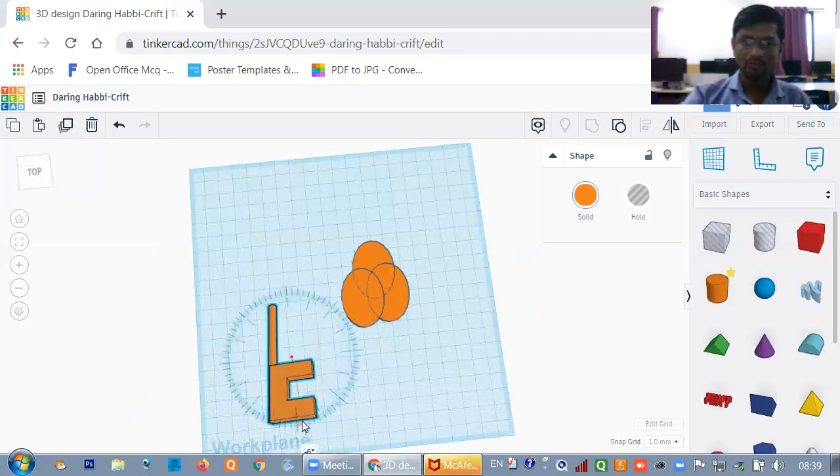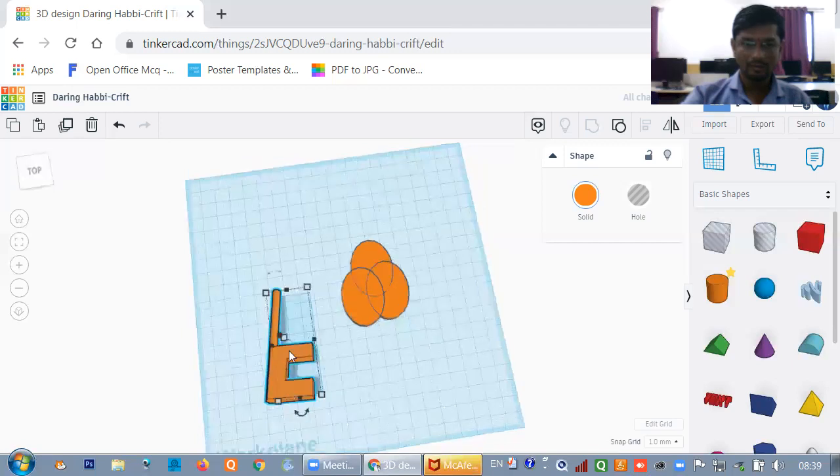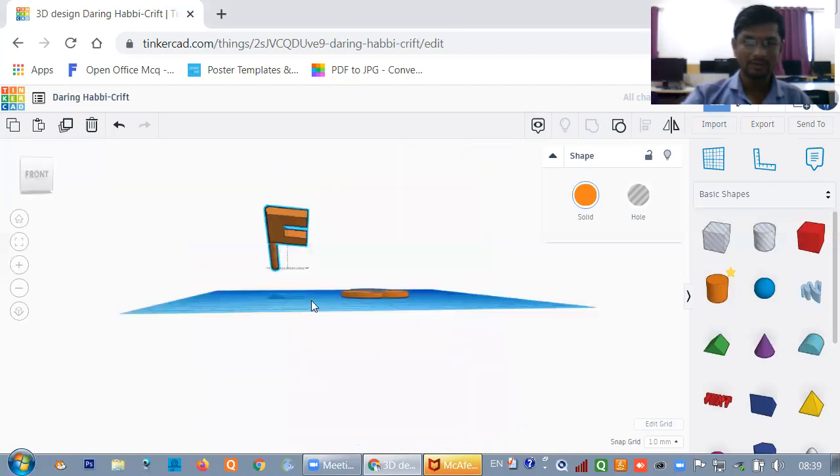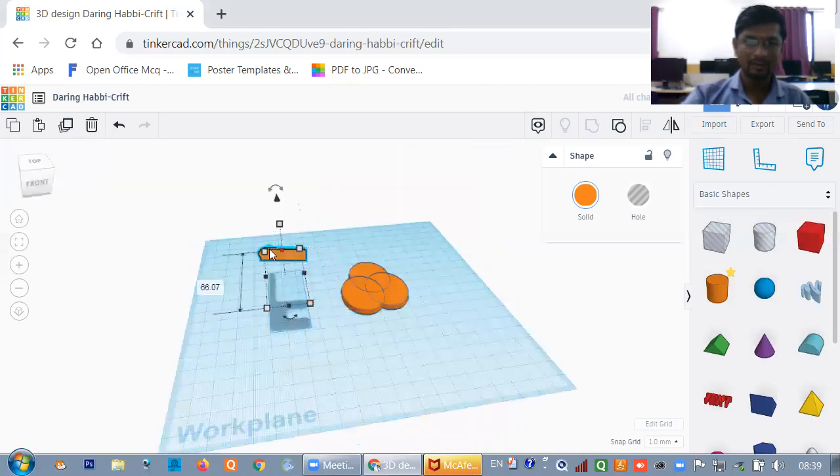Now you can move downside also. You can turn it like this and see the downside of that key, how the key will be.